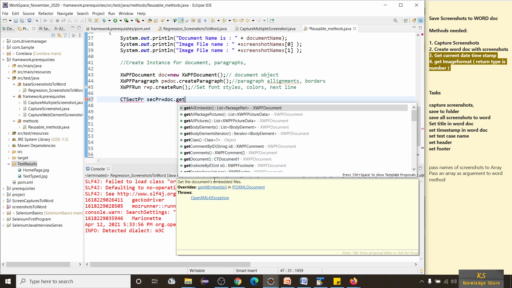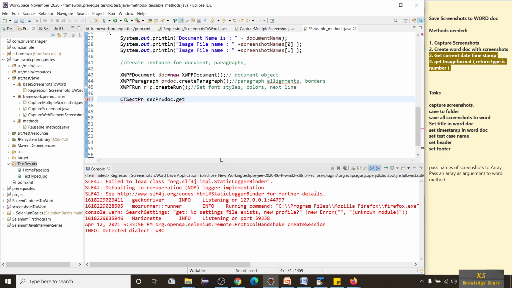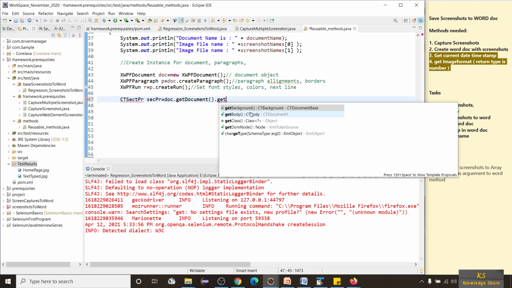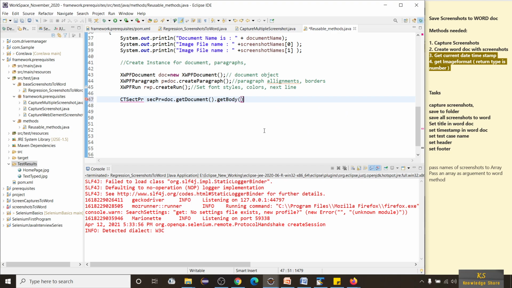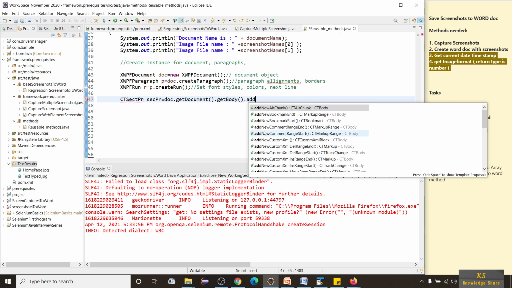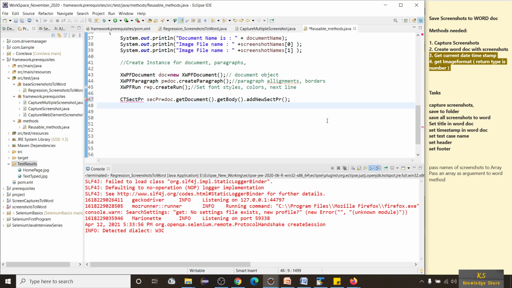You can read the description as well, and get the body, and see what method it gives. Then dot I'm going to add new sector, add new sector of paragraph. Now import this class.